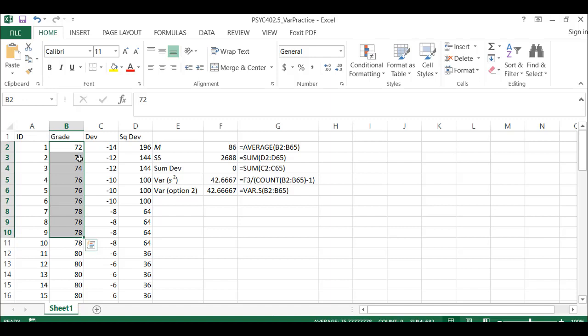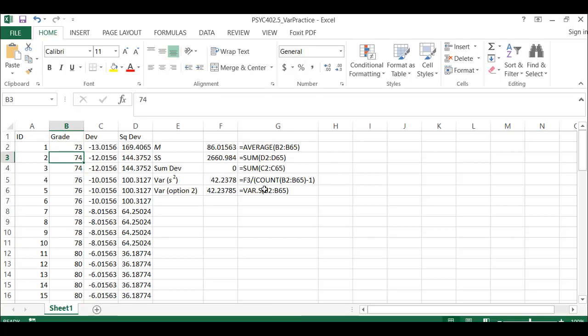So if all your calculations are correct, your formulas are correct, and you're still not figuring out why the two of you have a different answer, go back and make sure they didn't make an error in the data entry itself and accidentally type something like 73, in which case, see, they still both match,